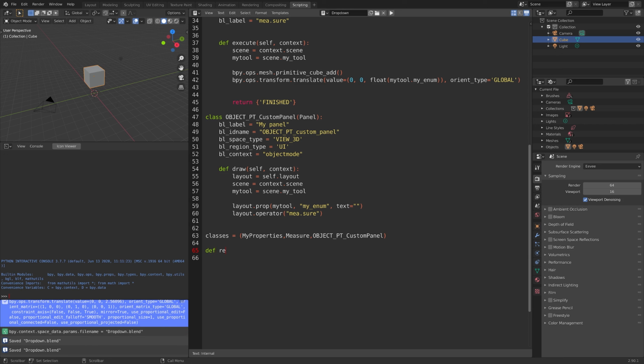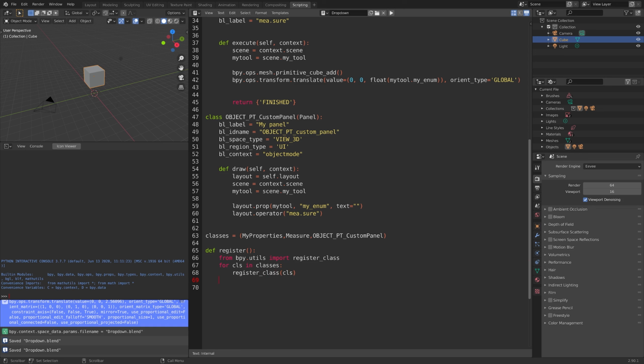So let's define register first. So from bpy.utils import register class, and then for CLS in classes, let's run through the classes, register